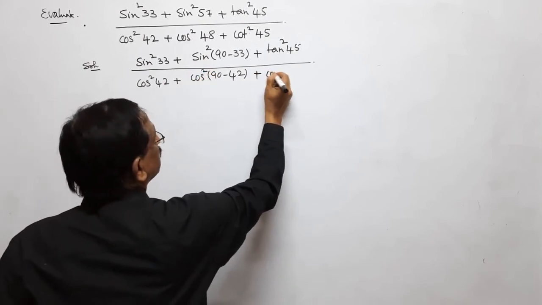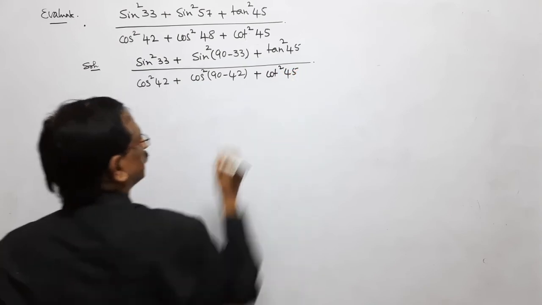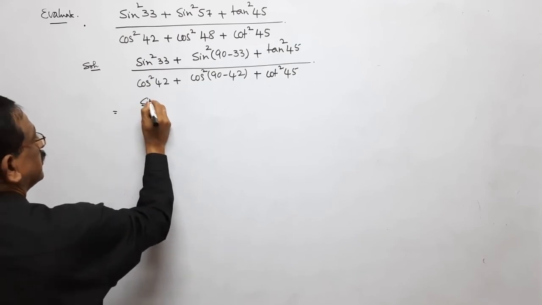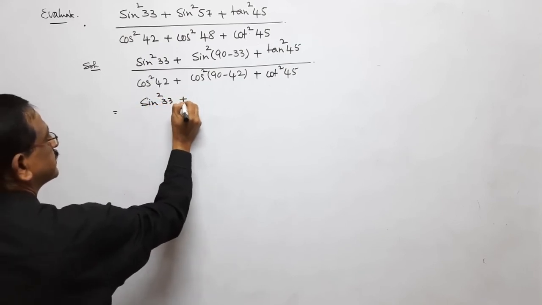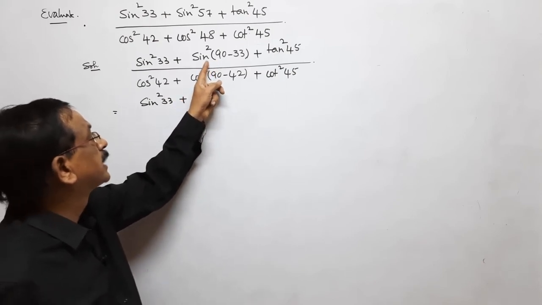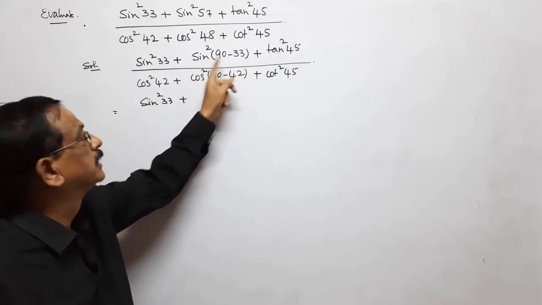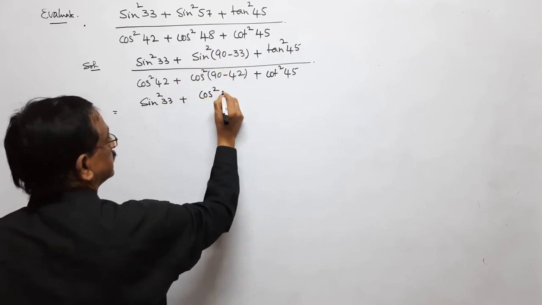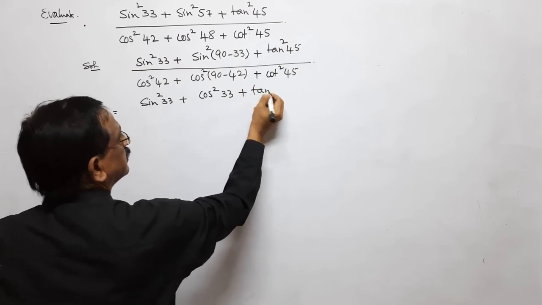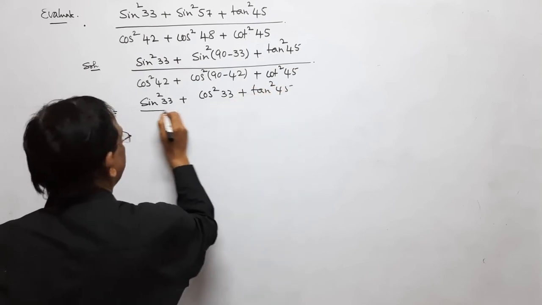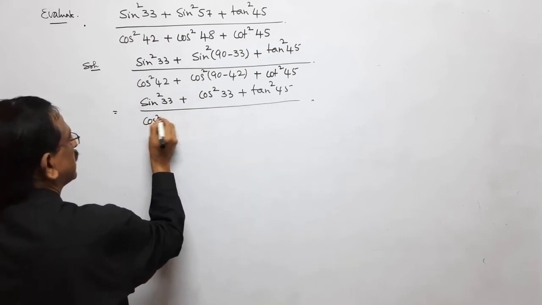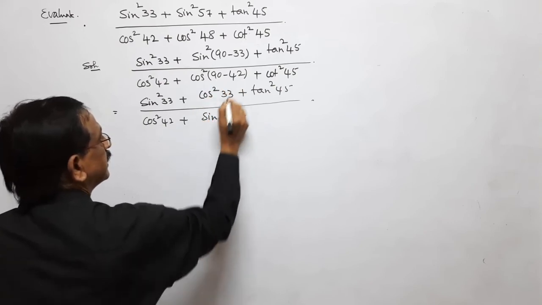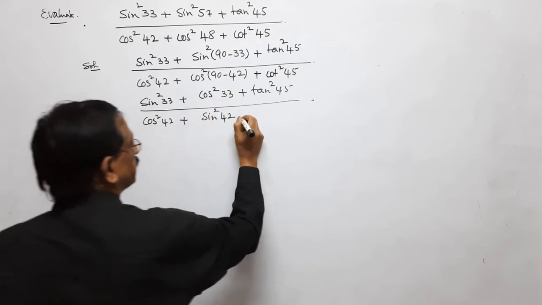I'll write down cot square 45 as it is. This is equal to sin square 33 plus, now in the previous video I showed that sin 90 minus A is cos A. So sin square 90 minus 33 is cos square 33 plus tan square 45 by cos square 42 plus, now cos 90 minus 42 is sin 42, so sin square 42 plus cot square 45,